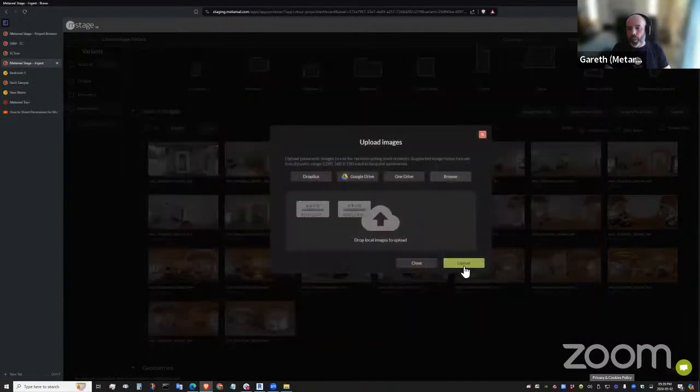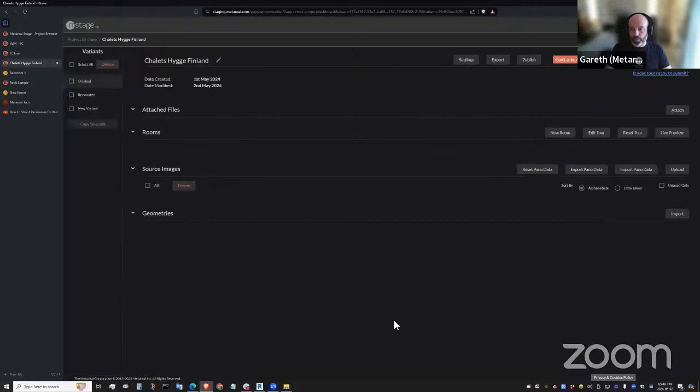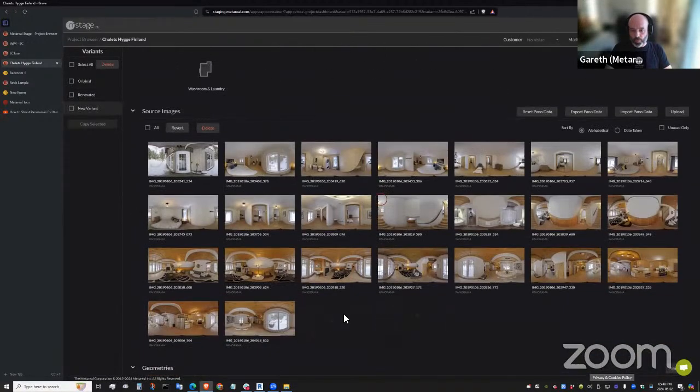So now I'm uploading them to the new variant. So they'll show up in a second. It'll take them a little while to process. We have a glitch with our busy icon as well today, I think. So the busy icon is broken, but it'll be fixed by Monday. So these two images are processing right now, and in a few seconds they'll be ready.